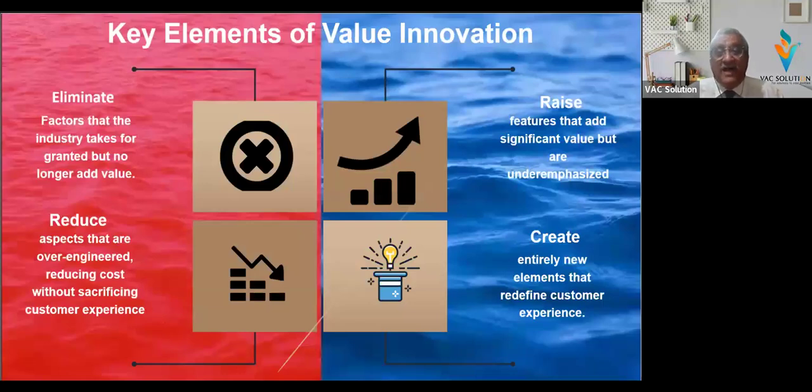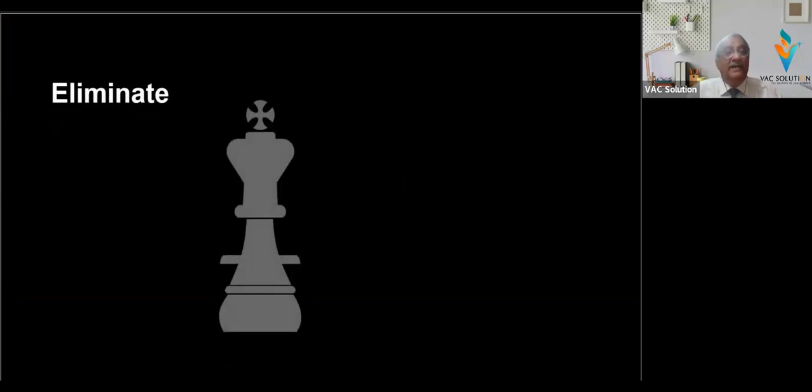Let's see where it is that you can eliminate and reduce so that you can create a blue ocean. Eliminate industry norms and sacred cows, the dominant logic. What do competitors consider must-have that normally customers don't really value? Many a time, competitors and we also think these are the things which should have, even though it is really not of much value. They're not of really great value to a person.